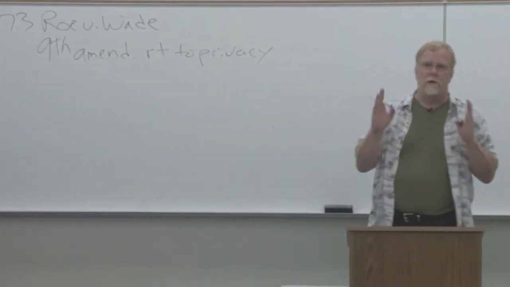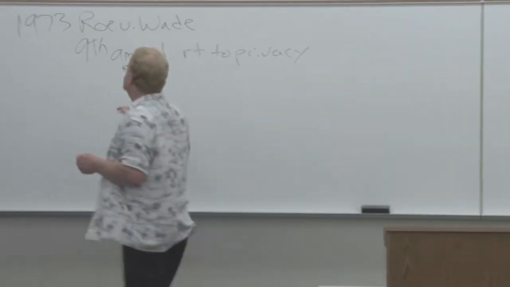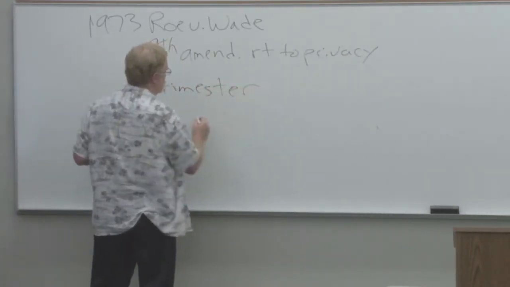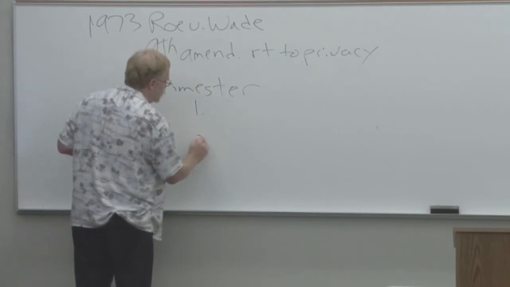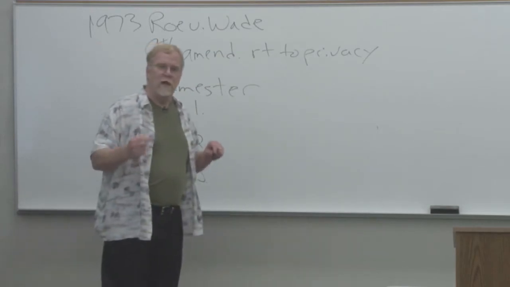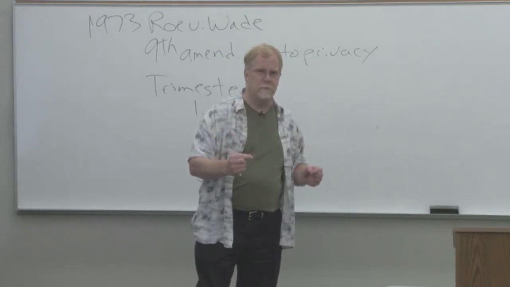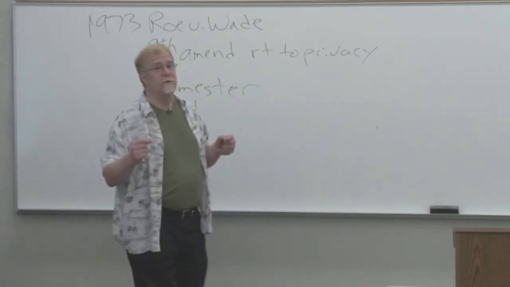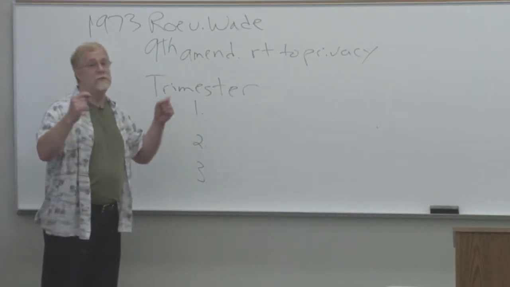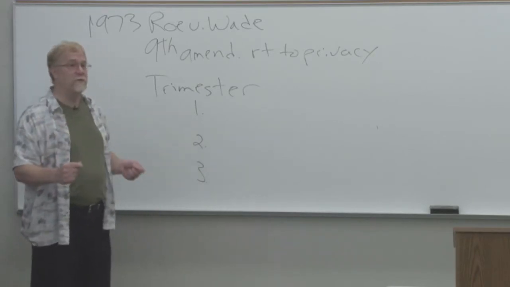The core or the heart of Roe versus Wade is what's known as the trimester formula. And as the name suggests, the trimesters divide pregnancy into 3 parts, or 3 trimesters. And the Roe versus Wade decision permits abortion at all 3 stages of pregnancy. The question is, in Roe versus Wade, who gets to decide? And then on what grounds or in whose interest is that decision made?